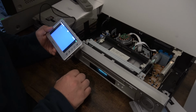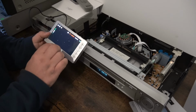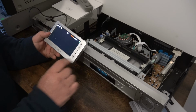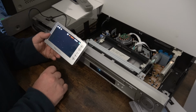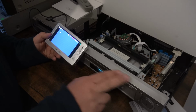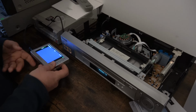So far so good. Is everything moving? Right, I'm going to press record now. Just simply press it, that's it. And it should, if there's anything on this tape, come out here. But because these tapes are so old, I'm actually afraid to go fast forward and backwards. And right, that didn't work. Now I'm